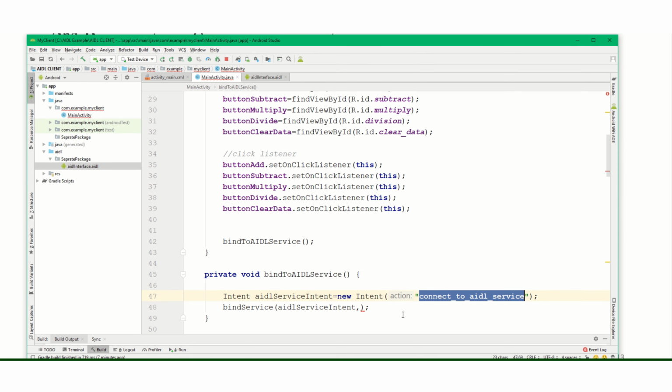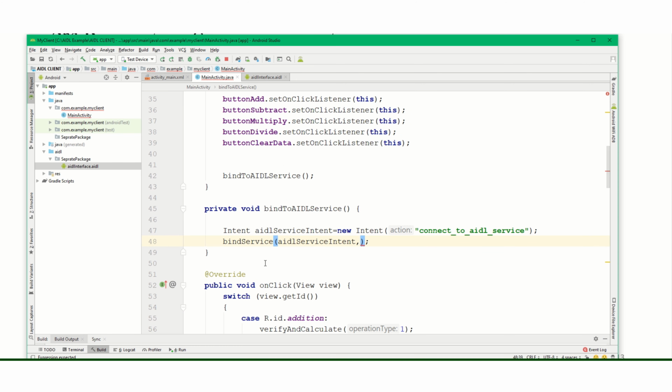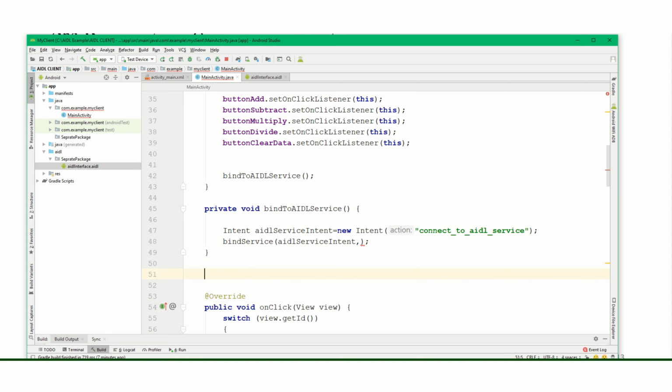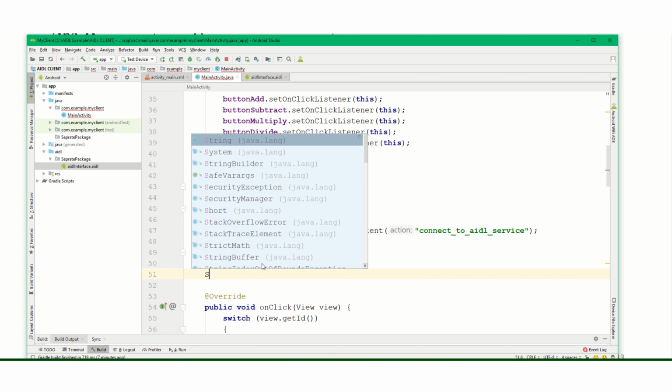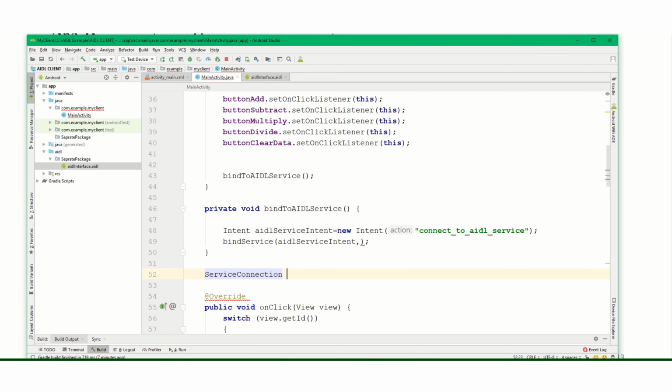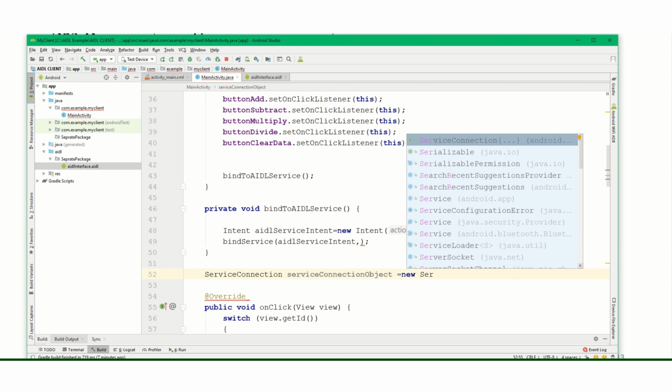In our client tab, second parameter is service connection. So this is also an interface. Let's create service connection first. Service connection object equals to new service connection.